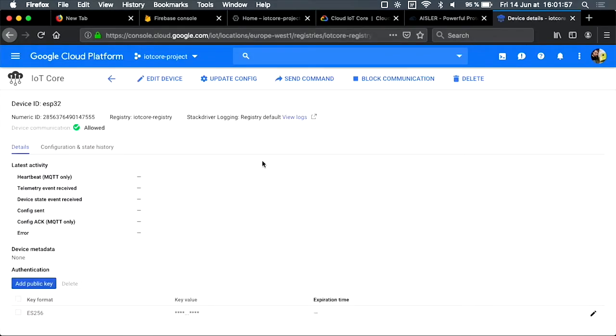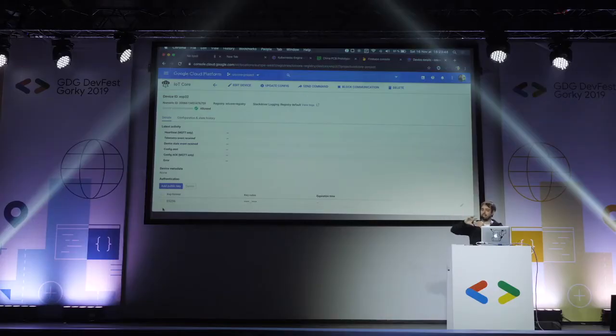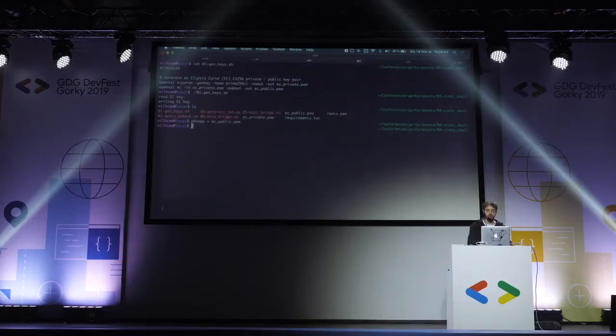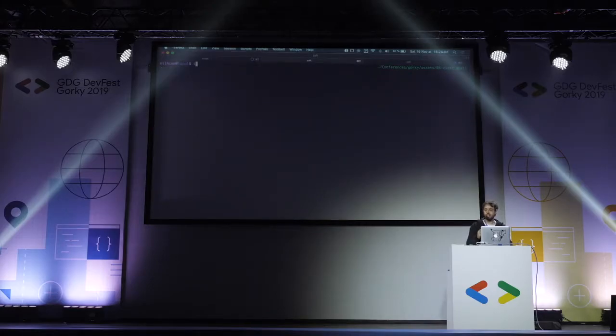So it will send a message signed with its private key. And if the message can be deciphered easily using the public key, it means that this device is actually able to connect to the cloud, because there is a validity between the private key and the public key. Again, it's like a standard.